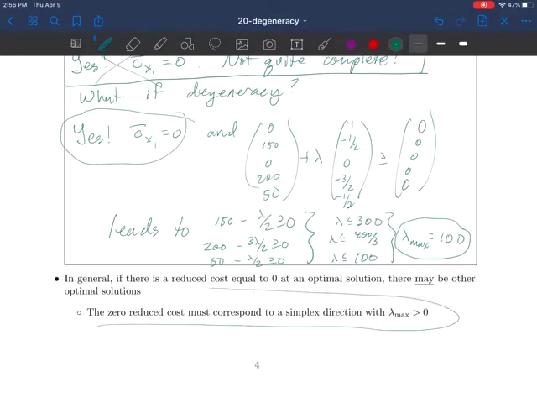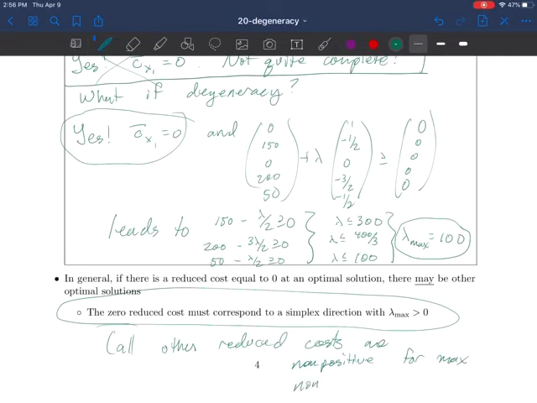In general, what we will say is that there are infinitely many optimal solutions if we have the following two conditions. We have a zero reduced cost, and it corresponds to a simplex direction with lambda max greater than 0. Note this must mean that all other reduced costs are non-positive for a max problem and non-negative